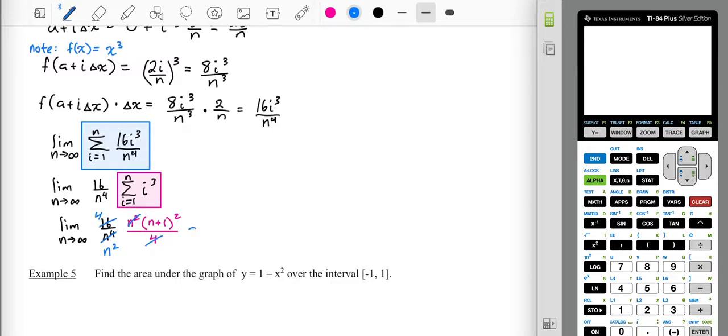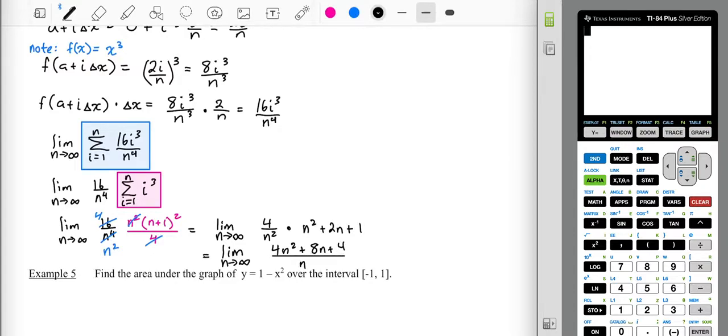So this is going to be equal to the limit as n approaches infinity of 4 over n squared times n squared plus 2n plus 1, which in turn gives us the limit as n approaches infinity of 4n squared plus 8n plus 4